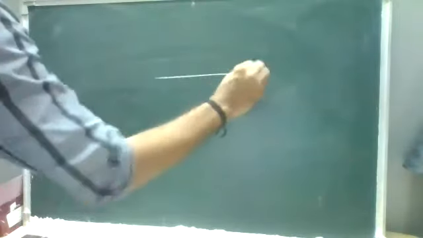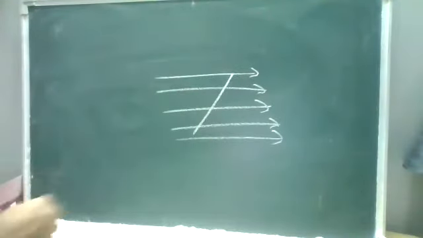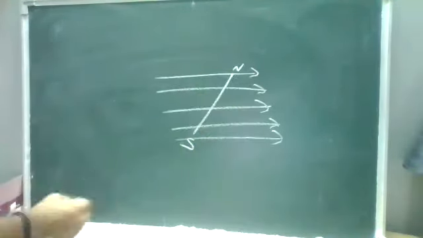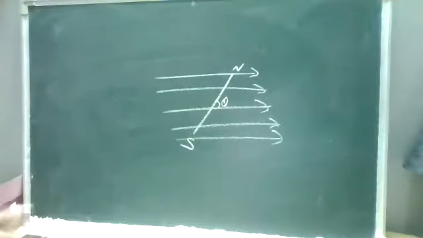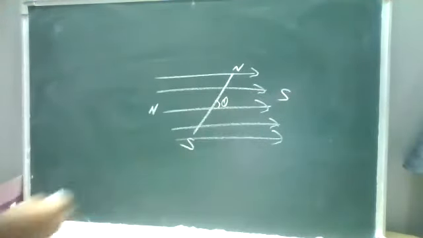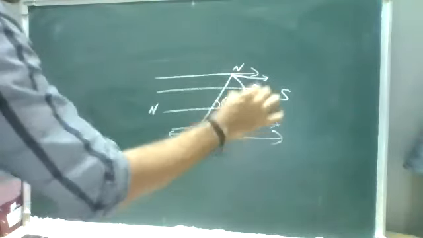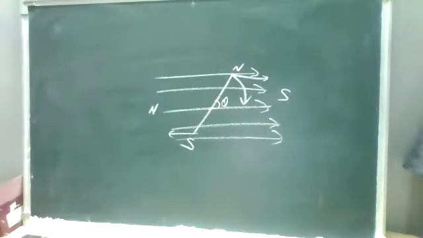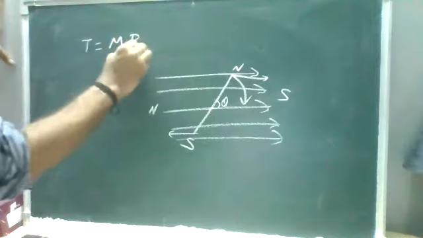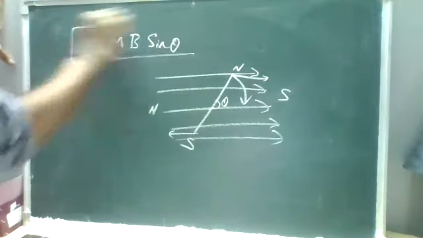For this torque, assume there are some magnetic field lines, similar to electrostatics itself. Within the magnetic field lines, I'm placing a dipole here. It was pointing from south to north, and it was making angle theta. Same relation. On the north pole, it is the south pole. Because of these fixed points, what will happen? There will be some forces acting on it, and because of this it will try to rotate. So the torque relation is, there it is p E sin theta, here it is M B sin theta. It is M B sin theta.